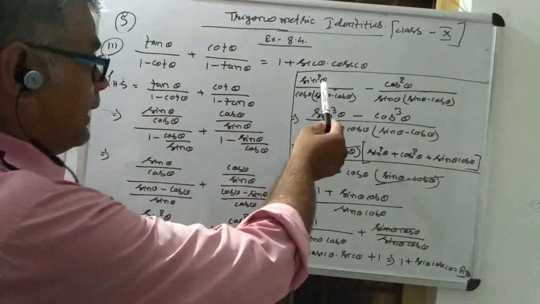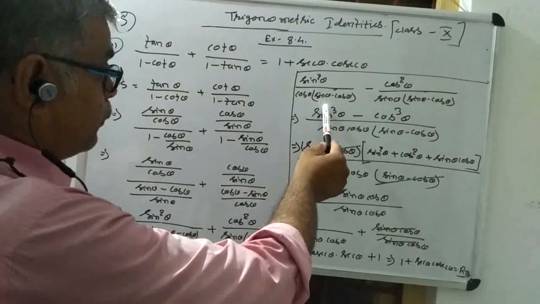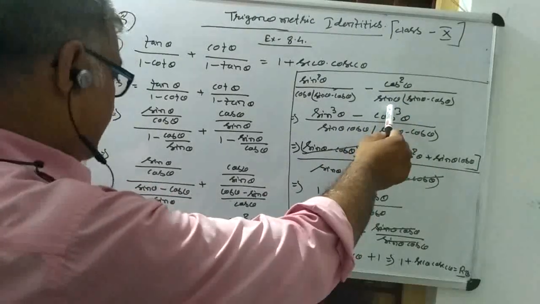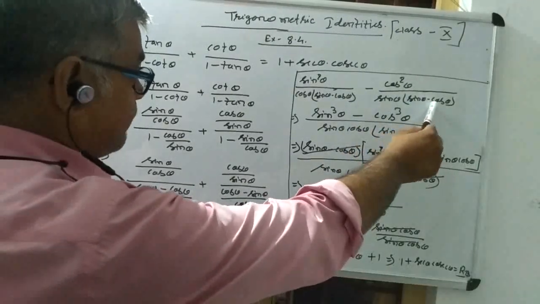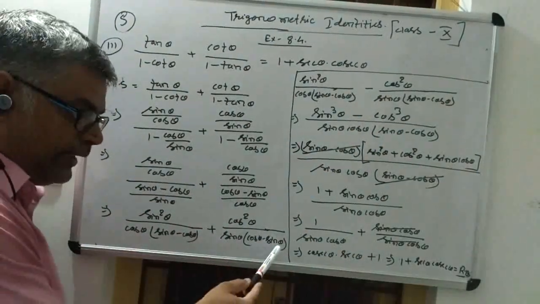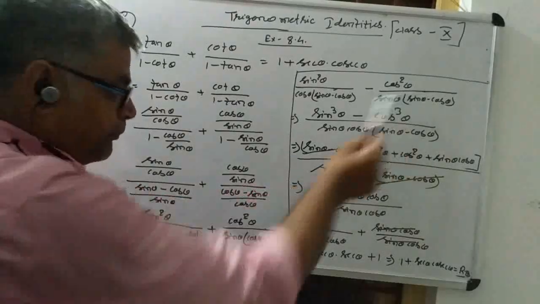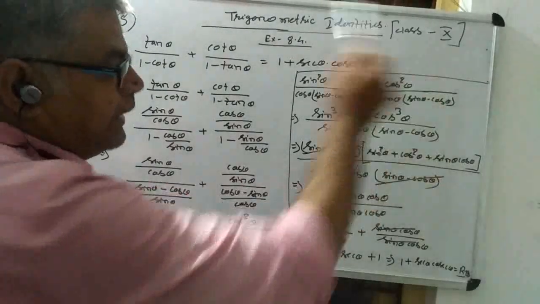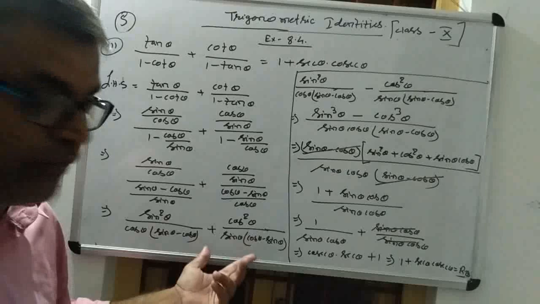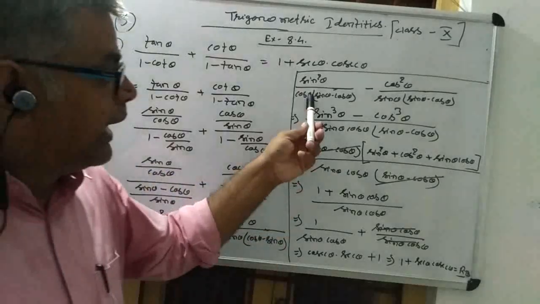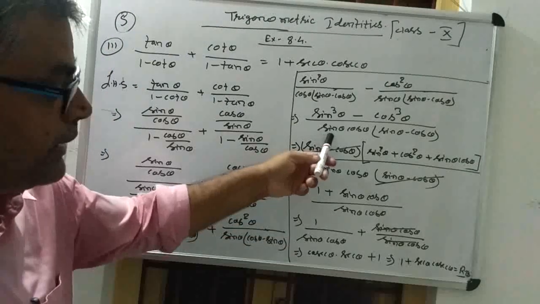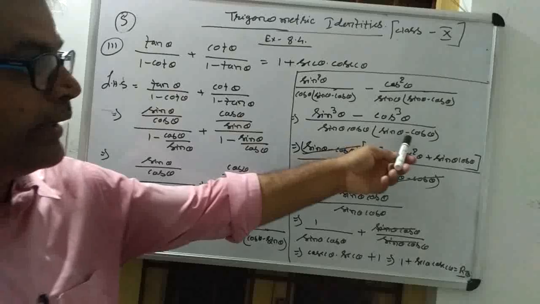So we got sin square theta by cos theta into sin theta minus cos theta, minus cos square theta by sin theta into sin theta minus cos theta. Here you see that when we take the minus sign common, the negative sin theta becomes positive and positive cos theta becomes negative. This is due to taking the negative sign common from here. Now again you take the LCM of these two terms. Your LCM will be sin theta cos theta into sin theta minus cos theta.